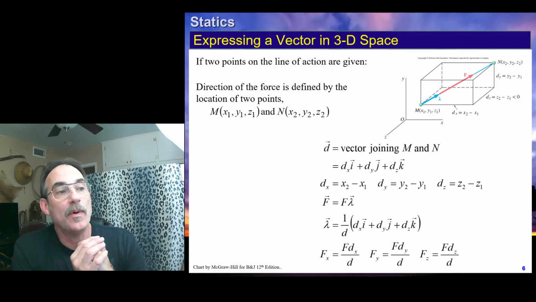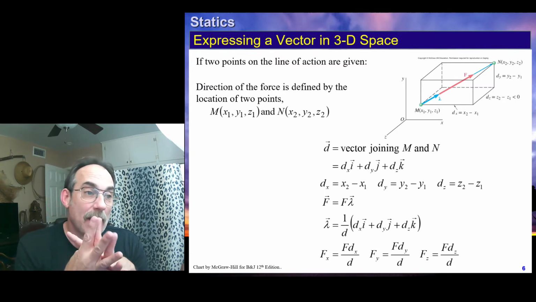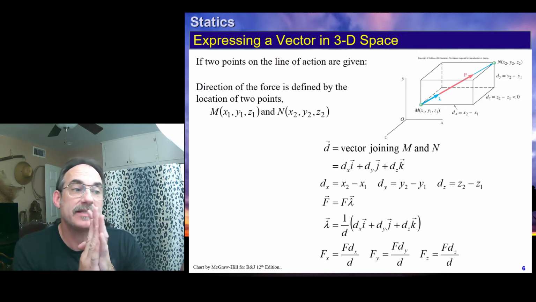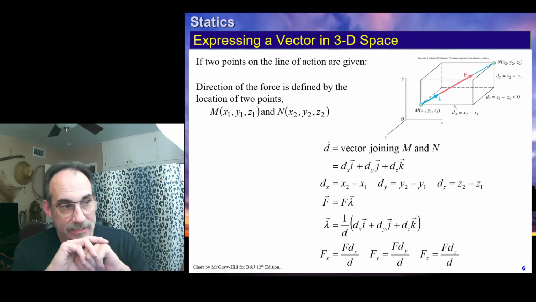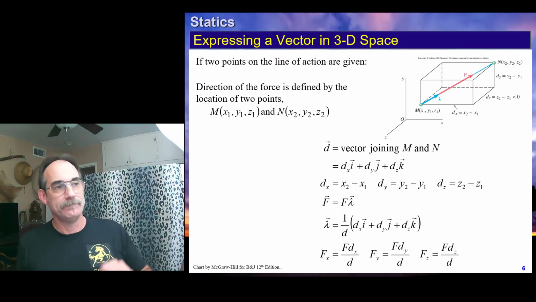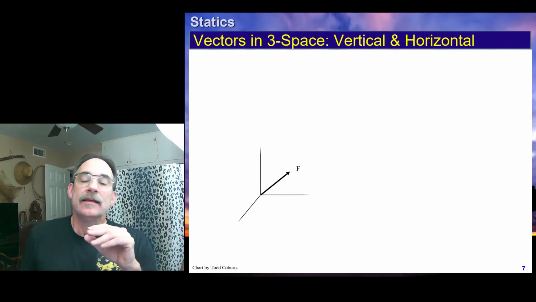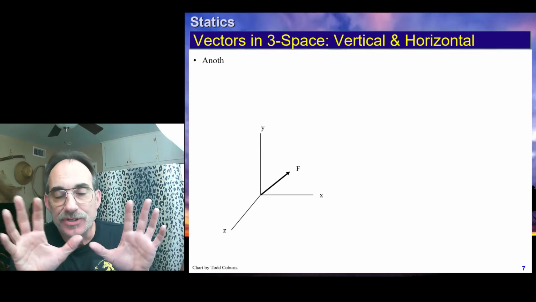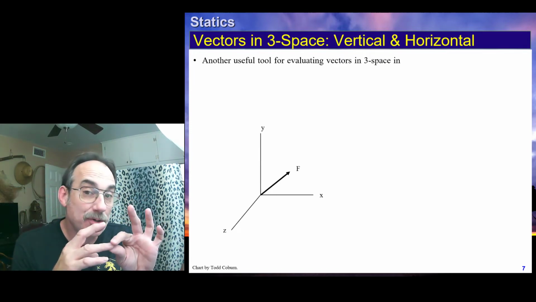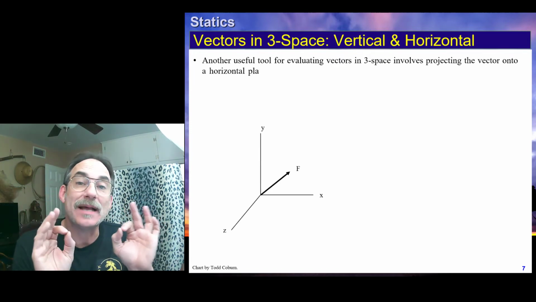So we're going to use any 2 points. We're going to calculate our dx, dy, dz as the difference between those points. Calculate our direction cosines accordingly. Got it? All right. So we've been talking about using the coordinates of any two points along the vector to specify the vector